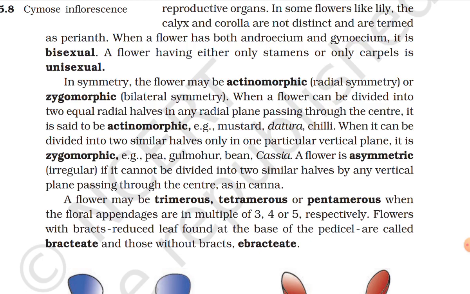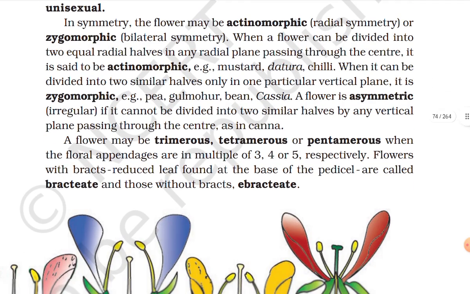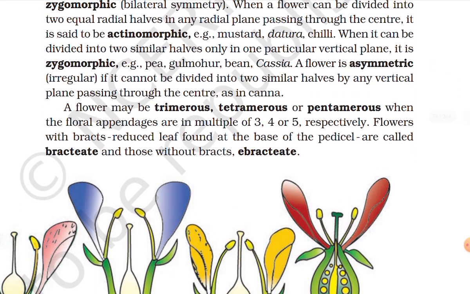Example: pea, gulmohar, bean, cassia. A flower is asymmetric, irregular, if it cannot be divided into two similar halves by any vertical plane passing through the center, as in canna. A flower may be trimerous, tetramerous, or pentamerous when the floral appendages are in multiples of 3, 4, or 5 respectively. Flowers with bracts, reduced leaves found at the base of the pedicel, are called bracteate, or those without bracts